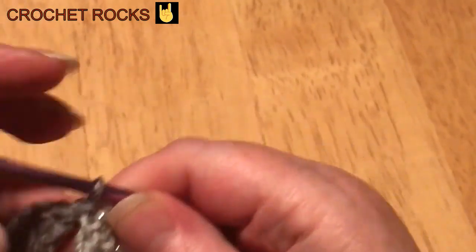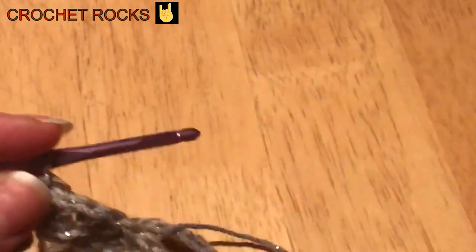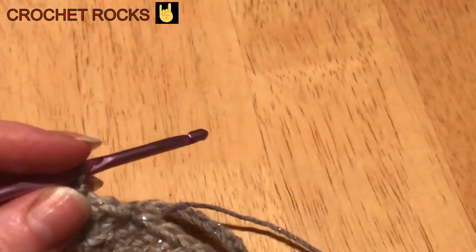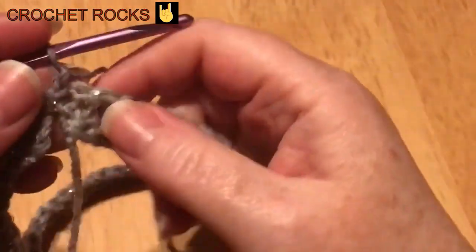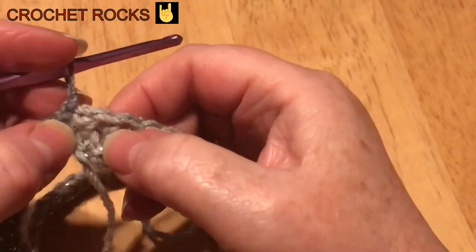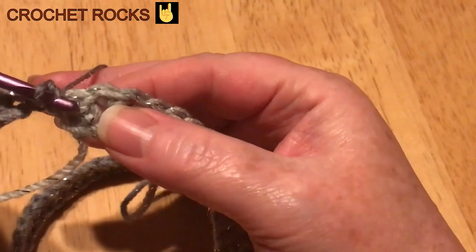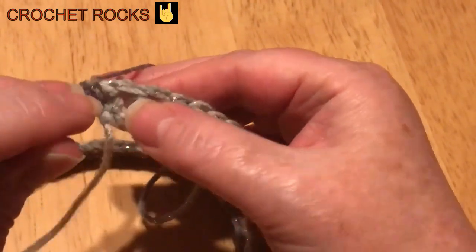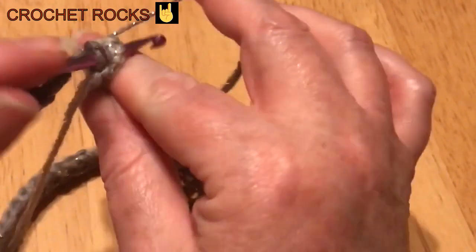So now we're just going to chain 1, and we're going to do front post treble crochets. That's obviously a UK term. It's a front post double crochet in the US. So if you look, these are our 2 chain here, just here, and right at the side of it is our first stitch. And how we do that, we yarn over and we go into the side of the stitch between the 2 chain and that 1 stitch there, and we come out the other side,